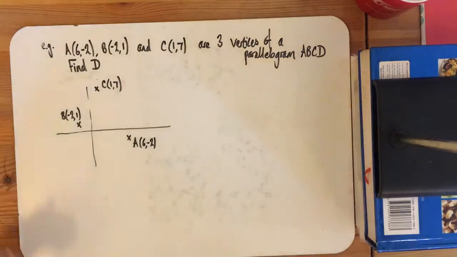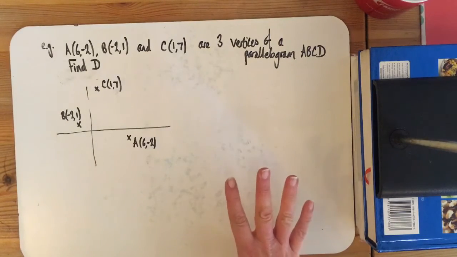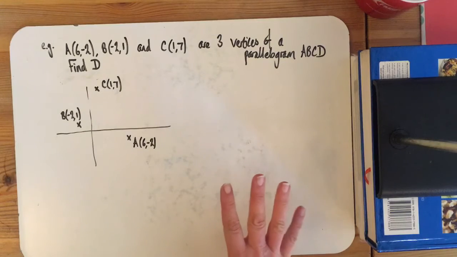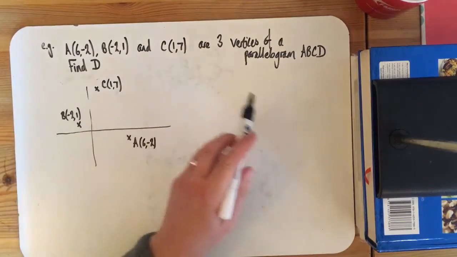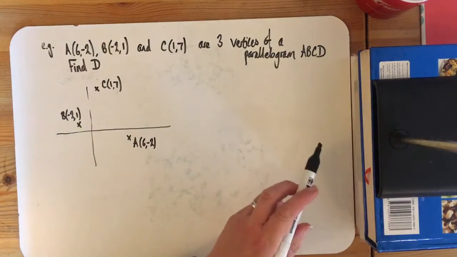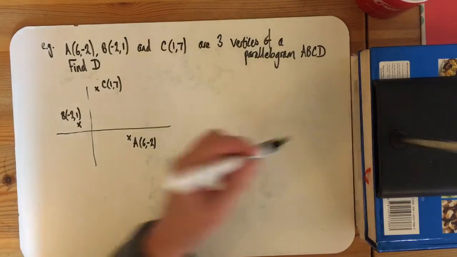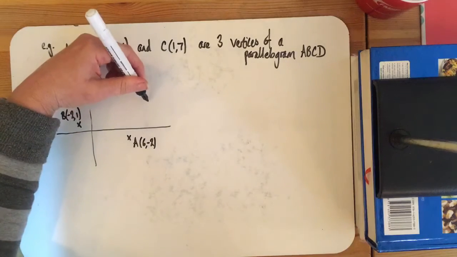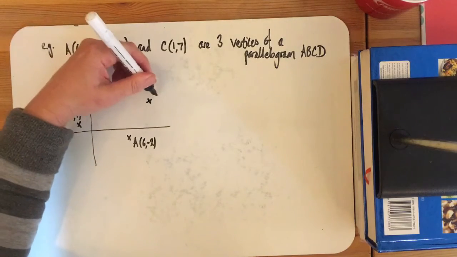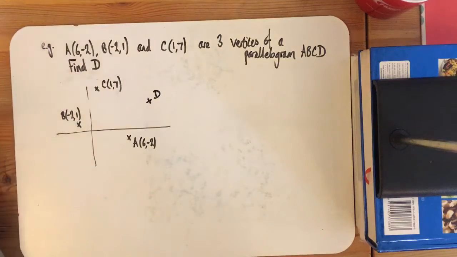Okay, here's a couple of examples of vectors questions which involve parallelograms. I've put the example there because I thought you could probably pause it and copy it down rather than me actually writing it and talking. So we've got three vertices A, B and C of a parallelogram ABCD. Just note this parallelogram ABCD needs to go around in order, so it needs to go A, B, C, D. So that puts D over here somewhere,